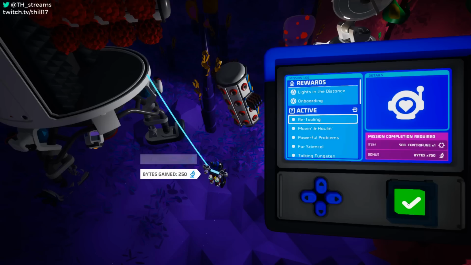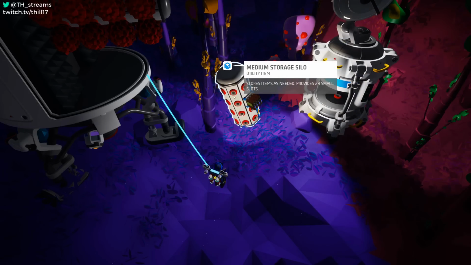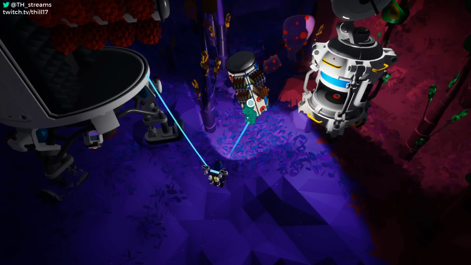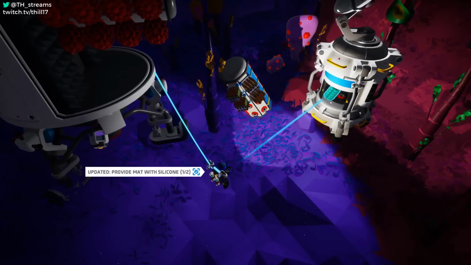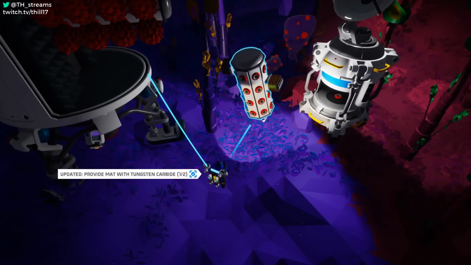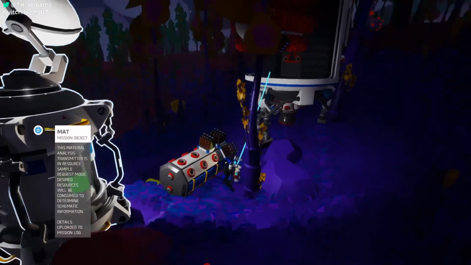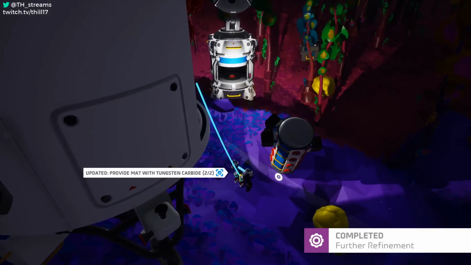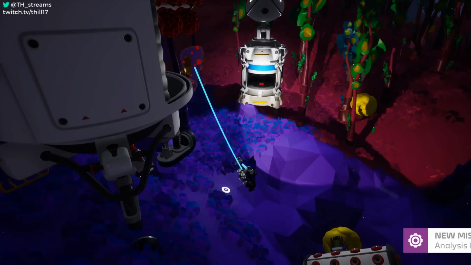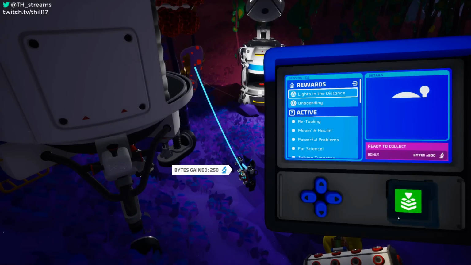And I say first set because I already know that we're going to need another set, which is 2 pieces of silicone and 2 pieces of tungsten carbide. Once again, I have become prepared with all of this, so we can just pop these right in and we'll be good to go. If I hadn't misplaced my other tungsten carbide, that is. There we go, with the next to last completed requirements,